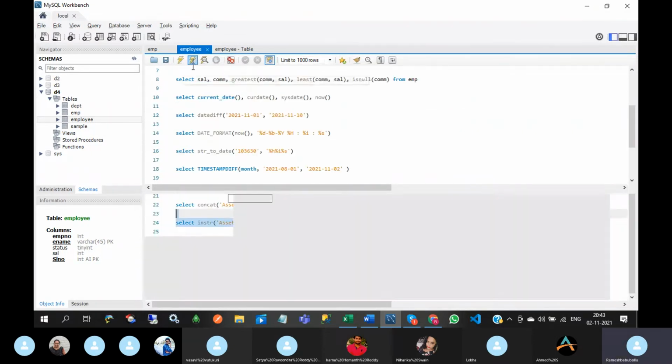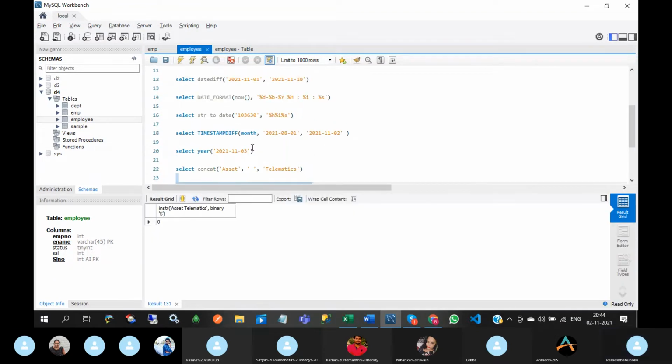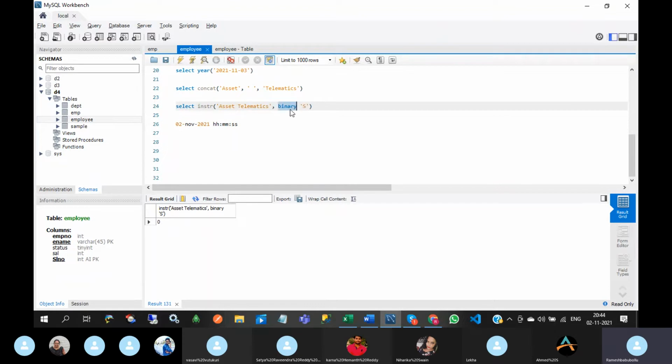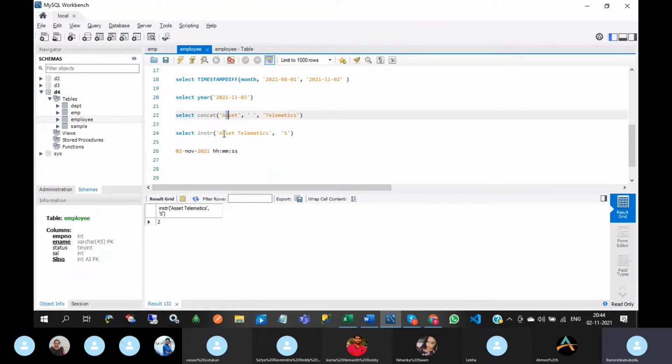SE exists in this position, so the third position. Okay. If you want it to be case sensitive, then you can use binary. Then if you give yes, it will return 0. If you remove this, then it will return the yes position, second. If you want case sensitivity, you can write binary.